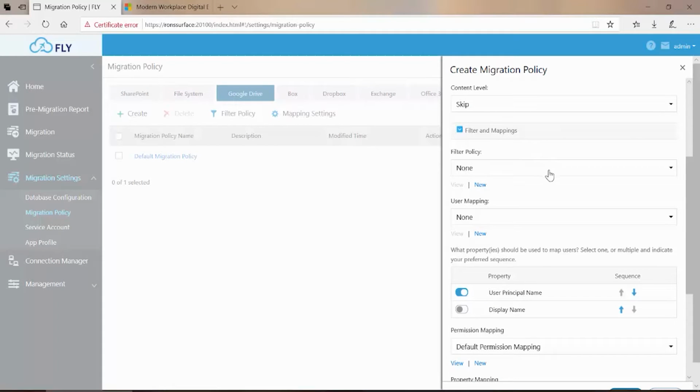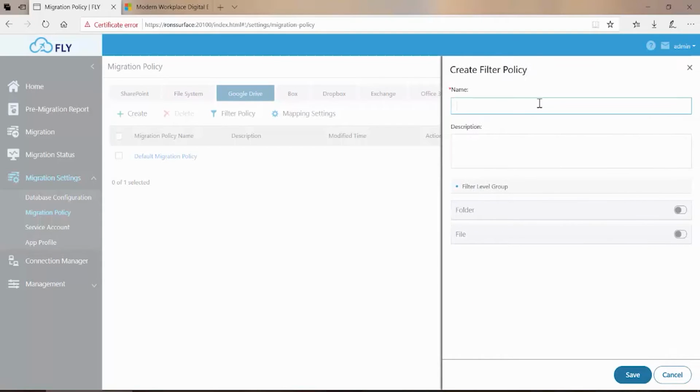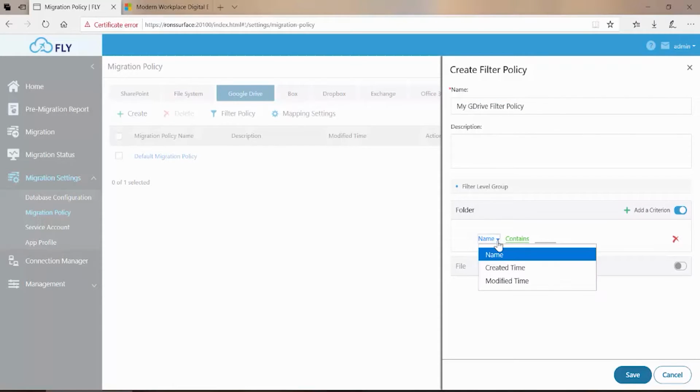Below conflict resolution, we have filter and mappings. First, the filter policy. If you have not created a filter policy, you'll see none in the dropdown, but you can create one at this time by clicking New. A filter policy's job is to determine which folders and/or files to bring in from the source and which to ignore. The filters are inclusive, which means if you activate that level of filter, folder, file, or both, and then configure its settings,